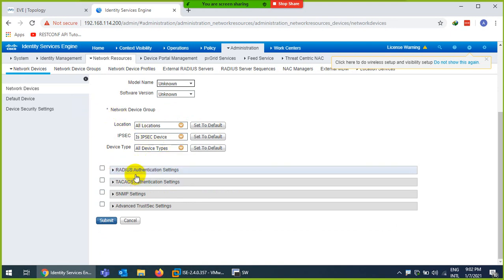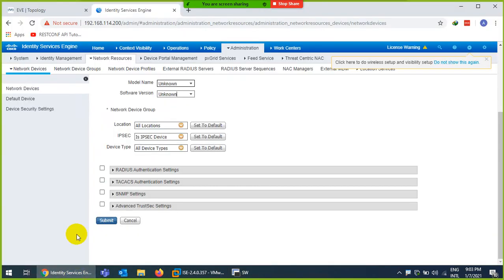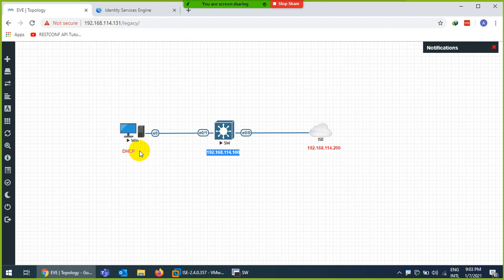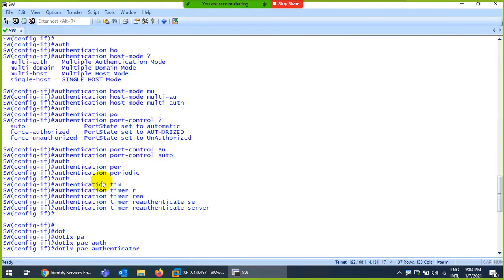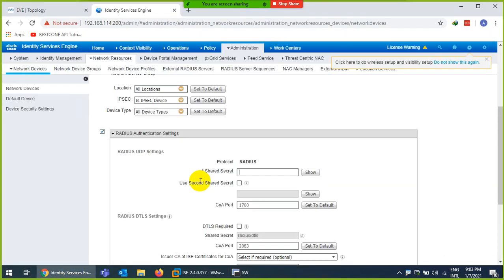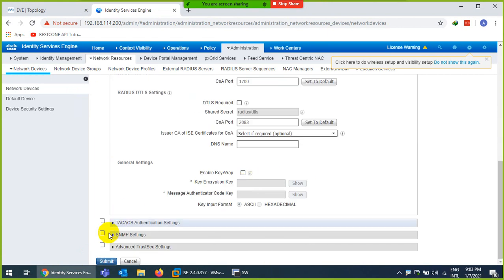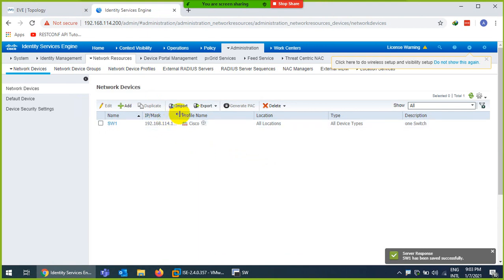And which protocol? Because there I use Radius. Because I want to authenticate the system or user to the network resources, not to the network devices. So I will use the Radius protocol. So I click on Radius protocol, and what was the password which I set here? It has to be the same, this key. Copy this key and put it here, and save, submit. That's it. So my switch is now registered with Cisco ISE.